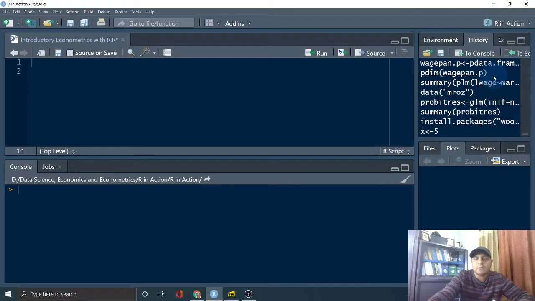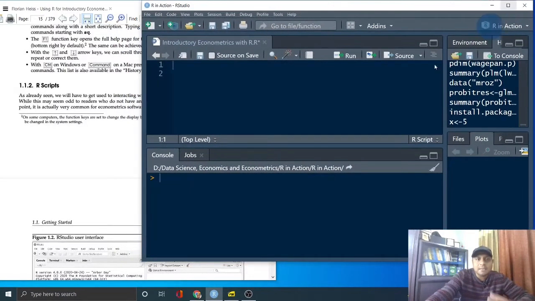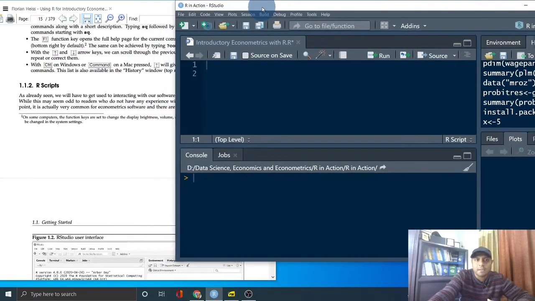And this is the environment and history part. The things that we have done so far will be stored in this history and environment. So this is what we usually have. And this playlist is not about understanding R programming itself. I have another video series playlist on my channel where I discuss the basic R programming language.